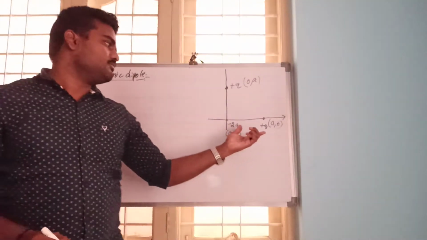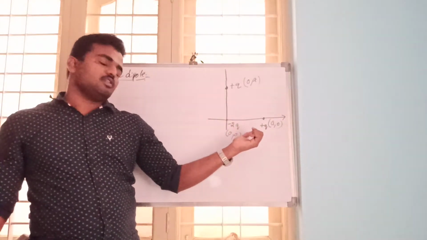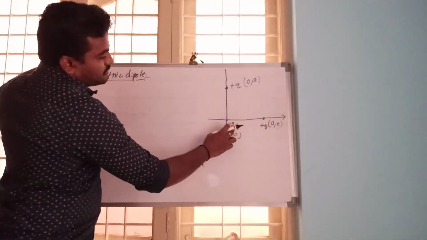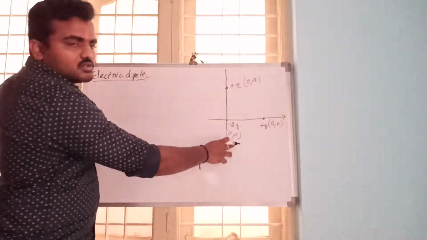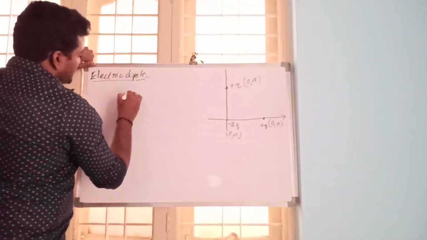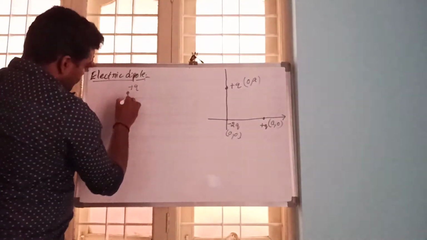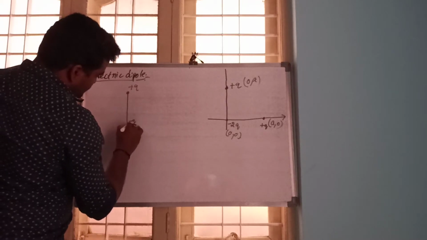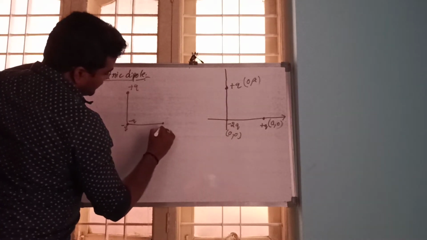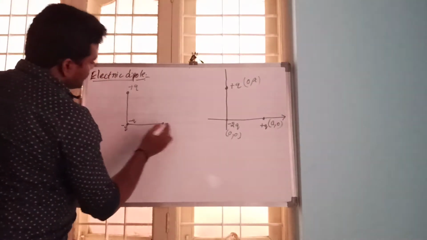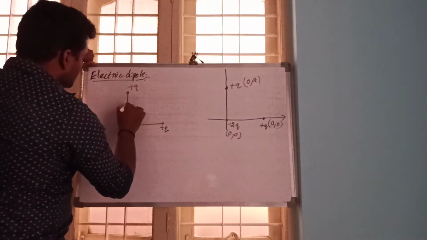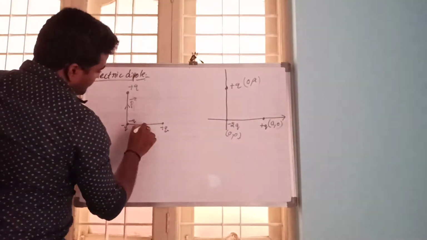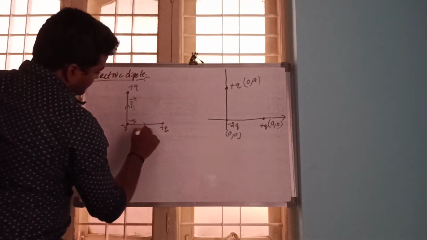For this entire setup we are going to find the dipole moment. Initially this is minus 2q, and this can be split into minus q and minus q, right? So I am splitting it: plus q, minus q, and at the same point another minus q, which will give the dipole moment. So from here to here, say the dipole moment is P1,